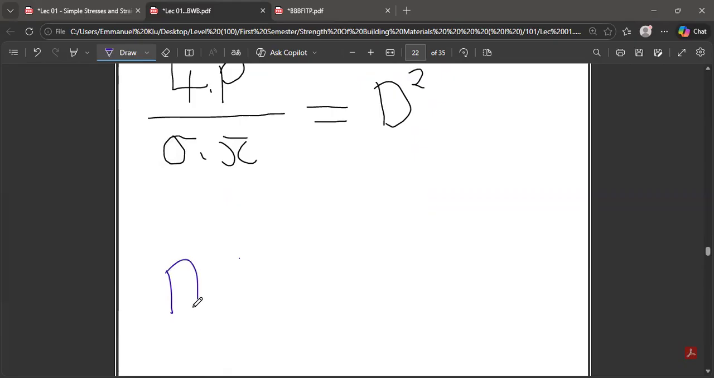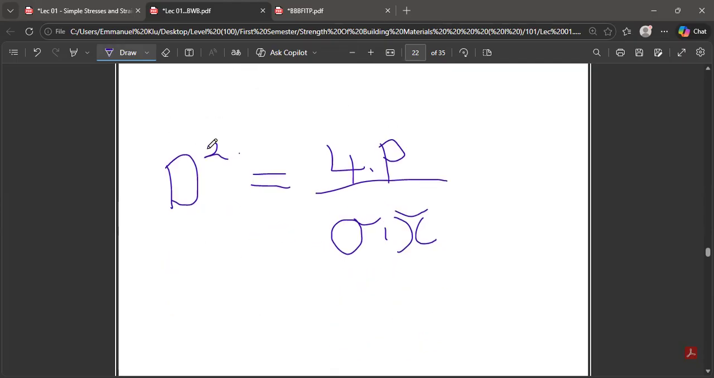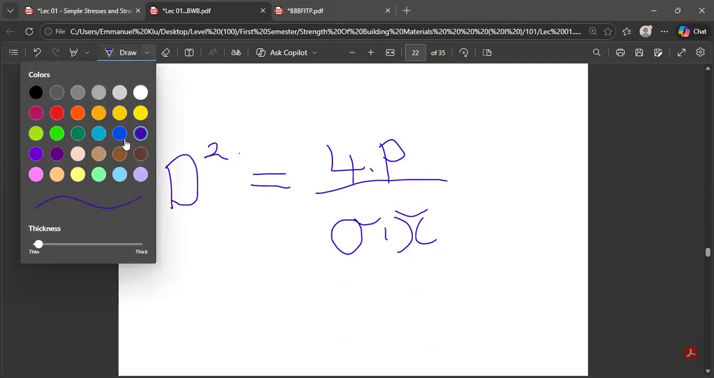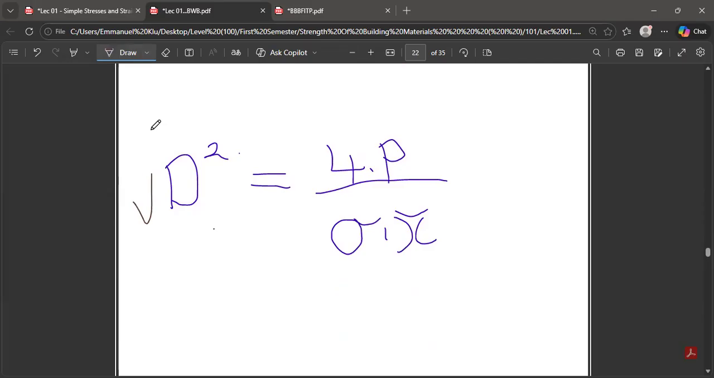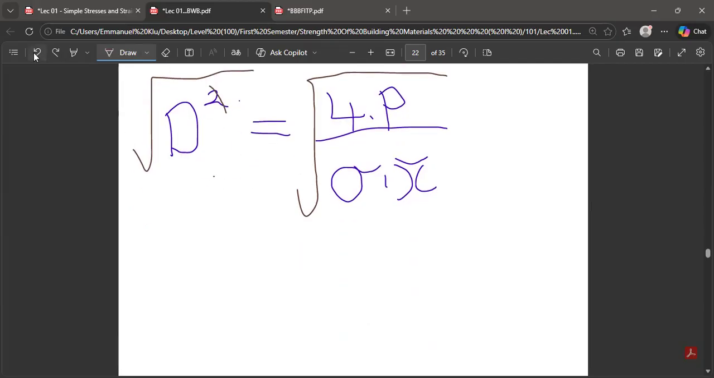So this is also the same as D squared is equal to 4P all over pi times the stress. Okay. So from here, if we want to get rid of the square root sign, we have to root both sides. You see, we have to root both sides. So I'm going to root here, and I'm going to root here. And you see what is going to happen. This guy will take care of this guy. Okay. But for